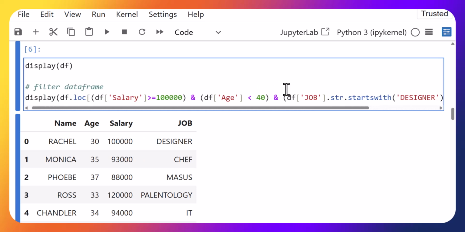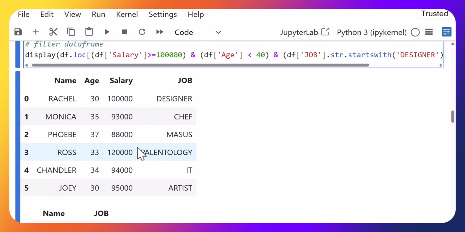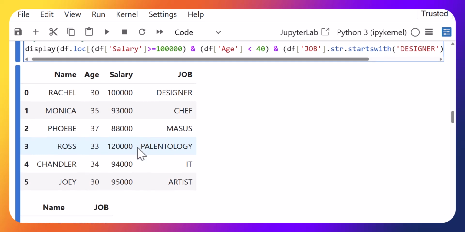So the name and job column will be shown on the output, and based on the filters that we can see, we have applied a filter that salary should be greater than or equal to 100,000. So salary here is 100,000 and 120,000. So only these two data satisfy this condition, but the second condition is that the age should be less than 40. So Rachel has age less than 40 and Ross has age less than 40, and under the designer, under